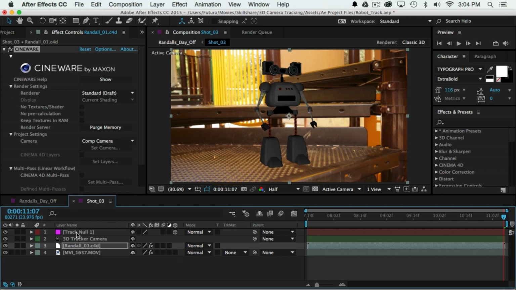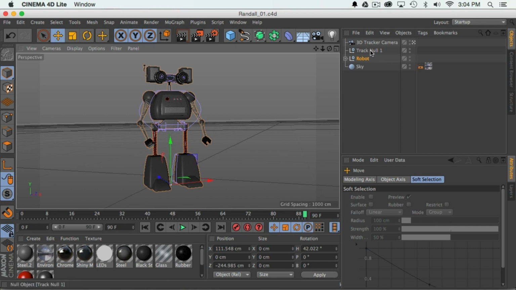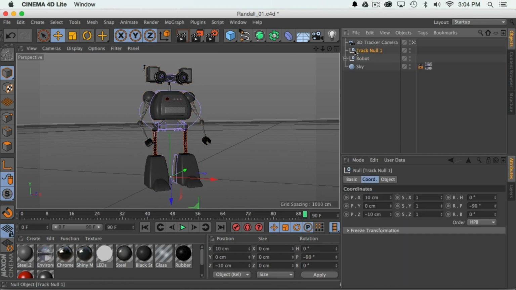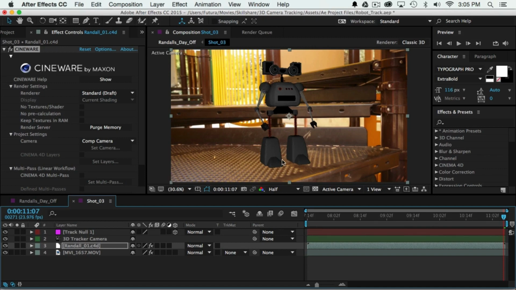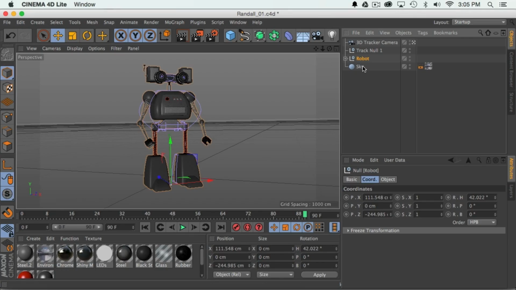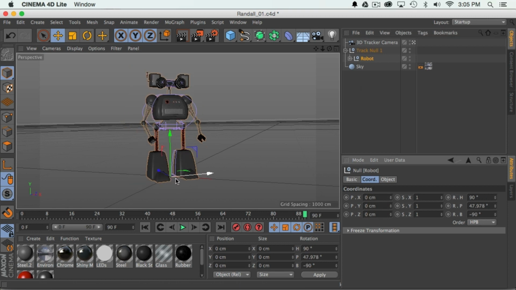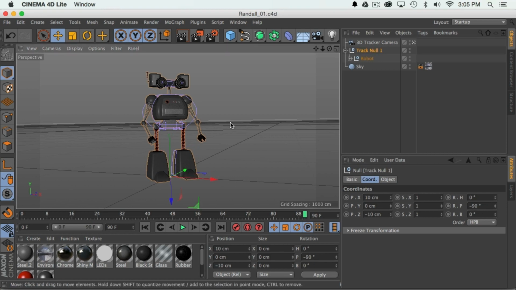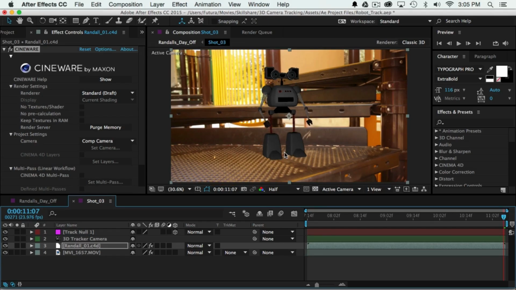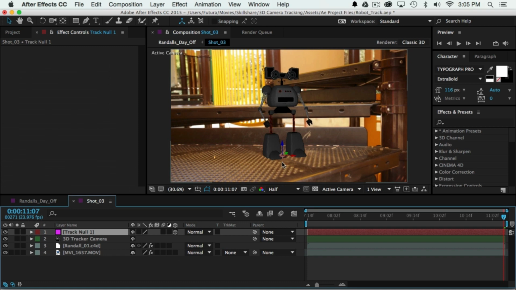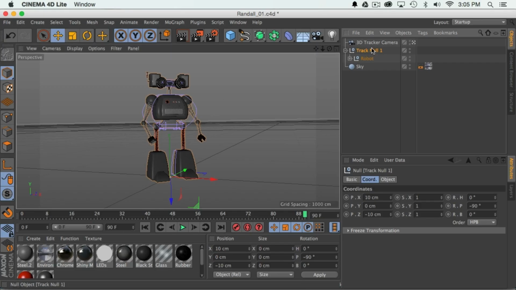Now, why did we include this track null inside of Cinema 4D? That is to give us a solid reference point in our scene that matches what we had inside of After Effects. So that way I know if I parent my robot to that null and zero out the position, it's exactly centered on that track point. If I hit save and come back to After Effects, you see that it's now centered directly over that null,